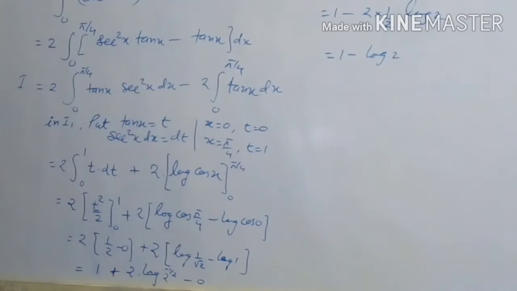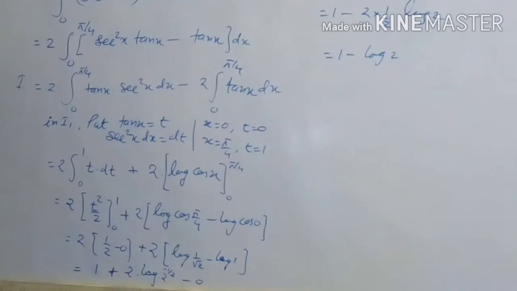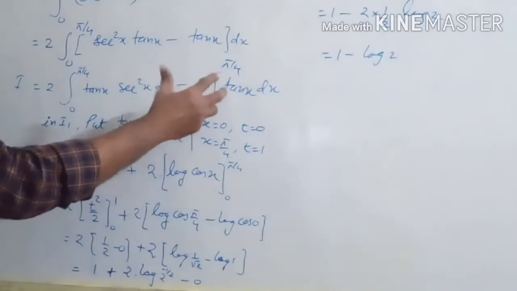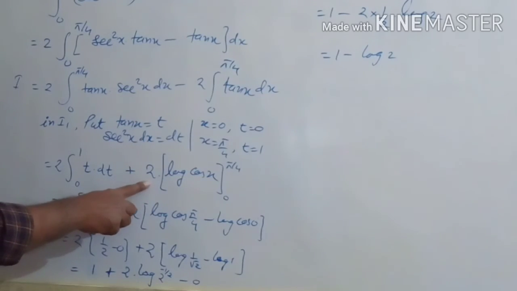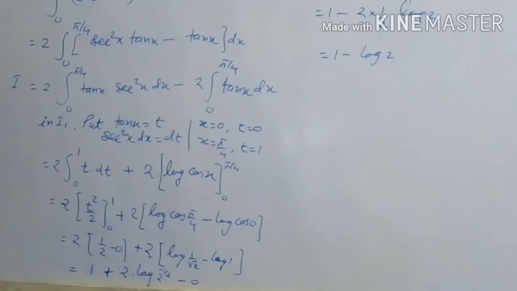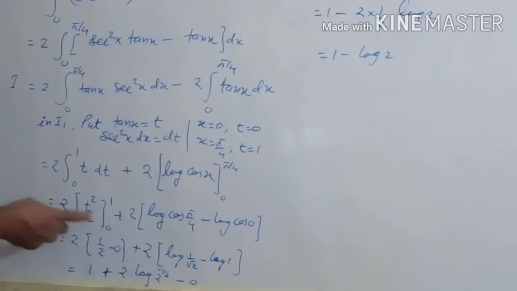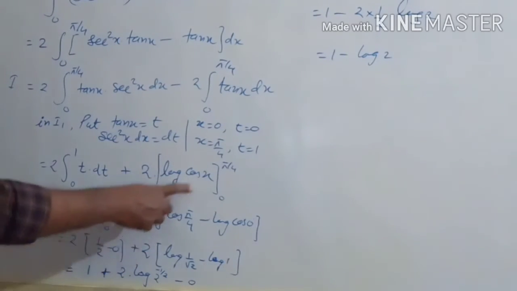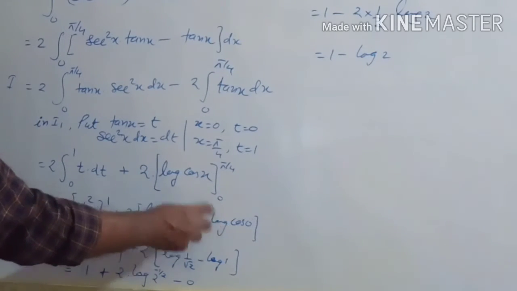And integral of tan x: since tan means sine upon cos, and the differential of cos is minus sin x, the integral of tan x is minus log cos x. So minus minus plus, this 2 as it is, and log cos x, from 0 to pi by 4. Here the integral of t is t square by 2, with limit 0 to 1, and here we raise the limit, upper limit minus lower limit: upper limit is cos 45, log cos 45, minus log cos